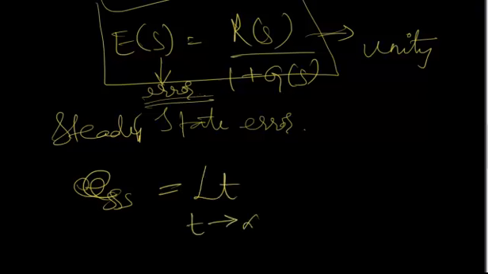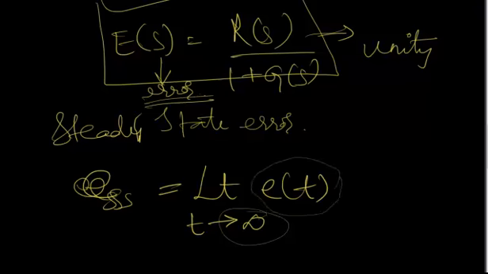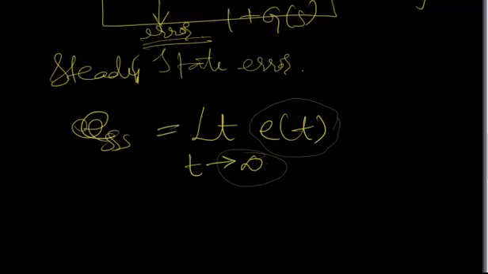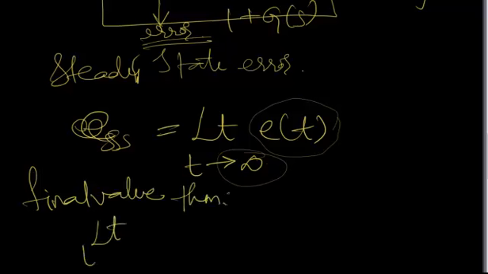limit t tends to infinity E of t. Because steady state of a system is a state at which time is infinity. So at a steady state manaku vache error calculate cheyadam kosam t is equals to infinity తీసుకున్నా. So we have a theorem called final value theorem in Laplace transform, which says limit t tends to infinity f